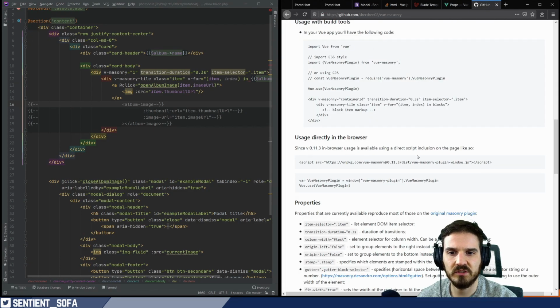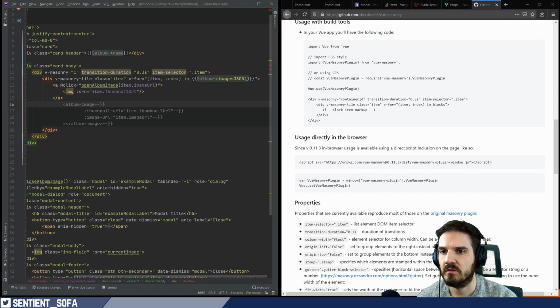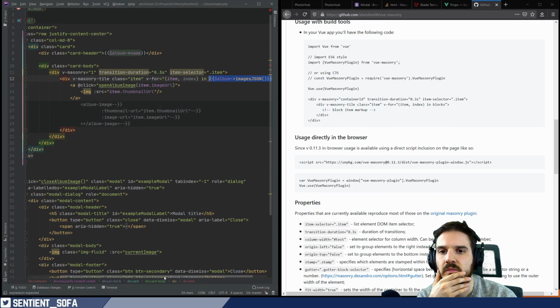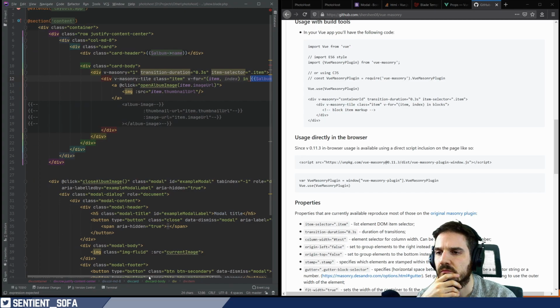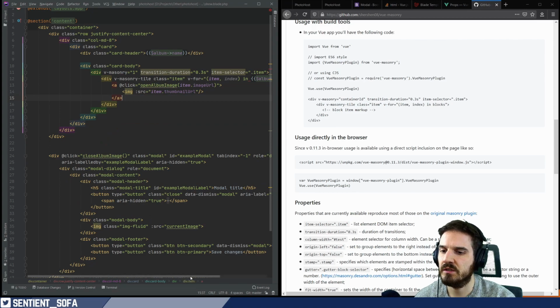Where's the view masonry thingy? Okay, it's here. See why it would not work though. Okay. It's perfectly fine to me, but